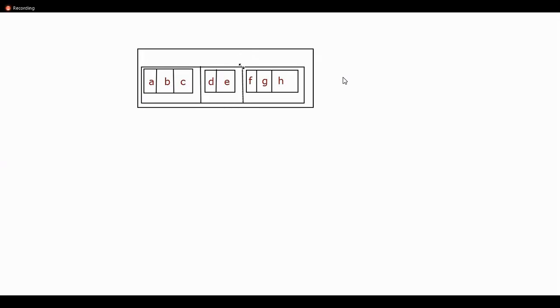Now, just consider the outermost list in this case. Tell me which is the outermost list. It is this list object that I'm referring to. You might say, sir, this is the outermost list.